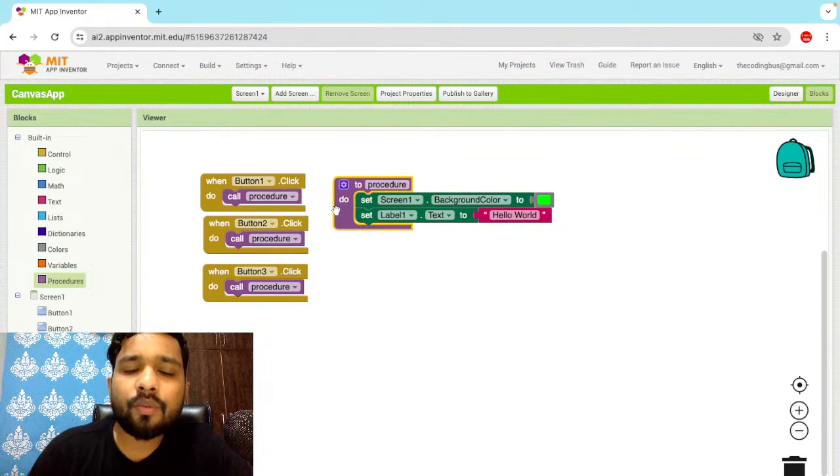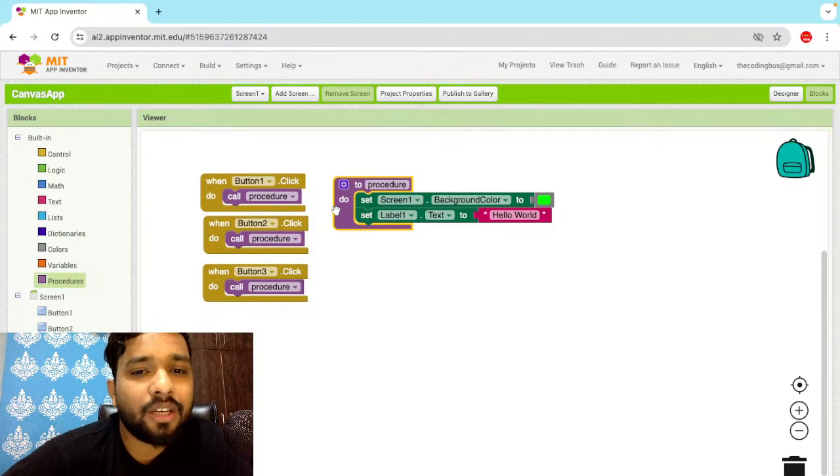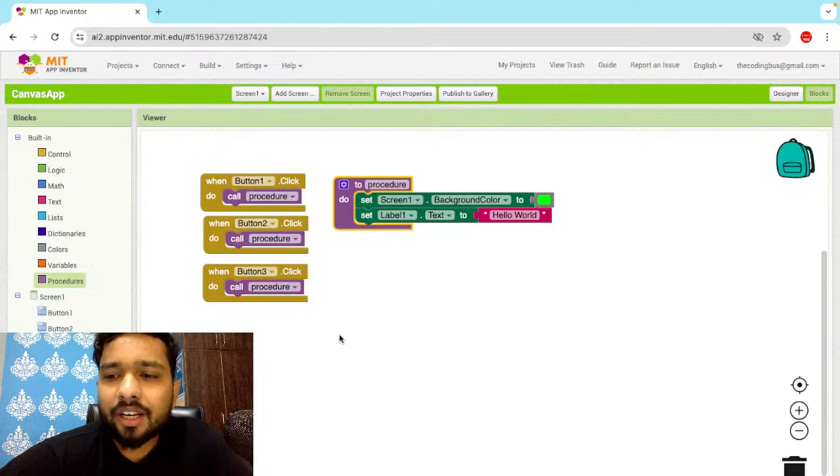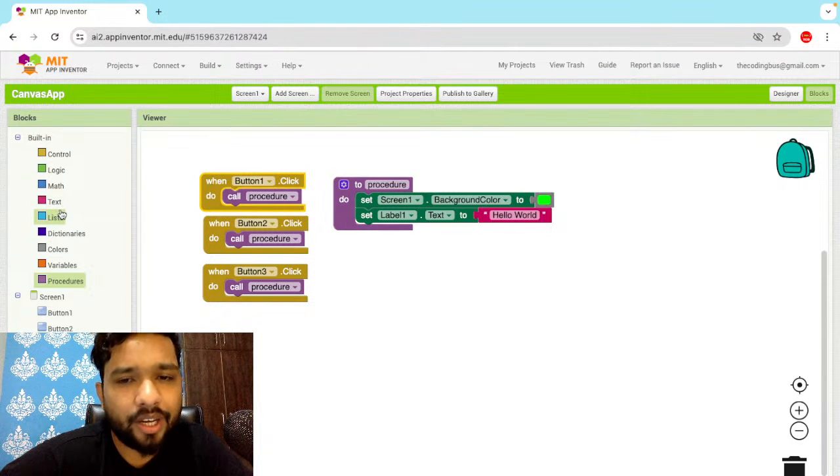If you want to do this for 10 buttons or 15 buttons, you don't need to write that code, you can directly call this procedure and this will work. Simple. Now whenever someone clicks on that button, I need to perform one more action,